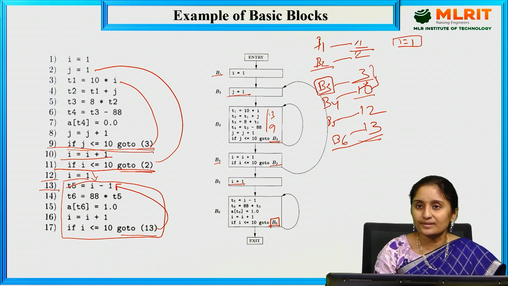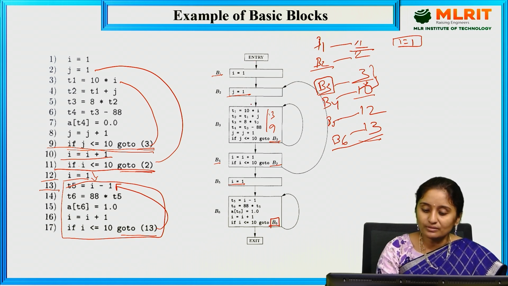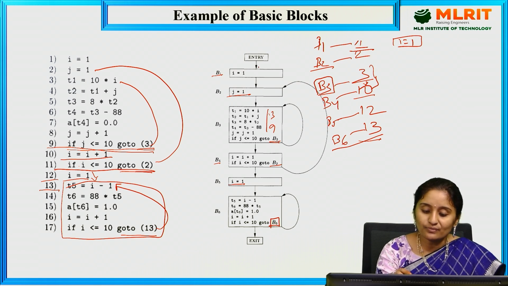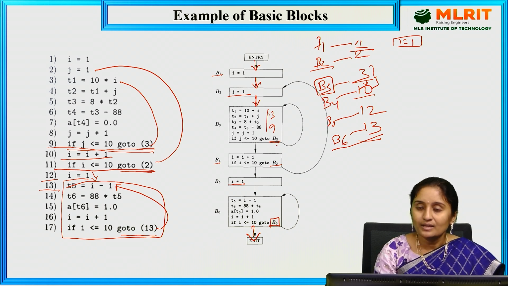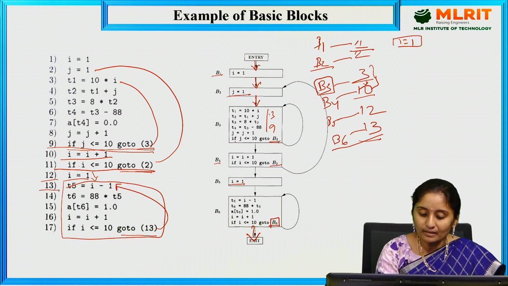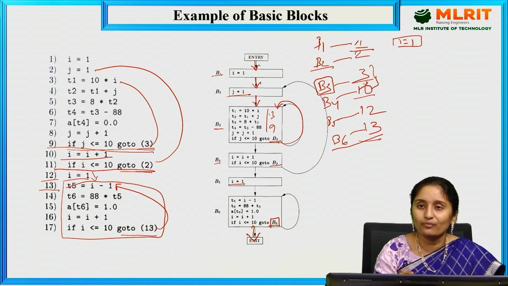Then after, we need to construct the flow graph. So these are the 6 blocks I got here. So only one entry and one exit will be there. Entries are same. Here the next one is the flow we are going to show. The first one is the entry point and this is my exit point. From B1 block there is a connection to B2 block and from B2 block there is a connection to B3 block, and in B3 you need to check whether any conditional or unconditional statements are there, nothing but any branching or any jumping or any control flow, we need to check here. Here in B3, if j is less than or equal to 10, go to B3. B3 block is which one? This one only. So nothing but I got a self loop.